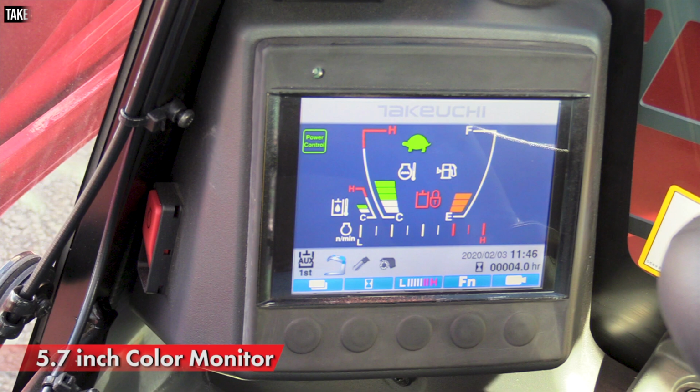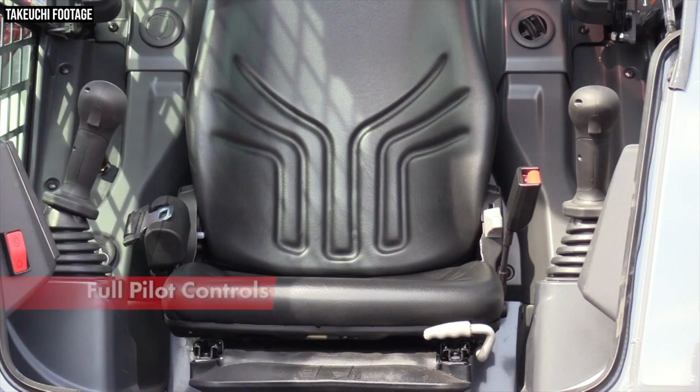Now, no matter if you go for the cab or the canopy configuration on this machine, Takeuchi says it has equipped the TL8R2's operator station with automotive-style comfort features that you would expect to find on other modern machines, and that includes a new 5.7-inch color screen, which can display machine operation data and the view from the standard rear view camera. Inside this new cab, you're also going to find a sealed rocker switch bank, low effort pilot controls,